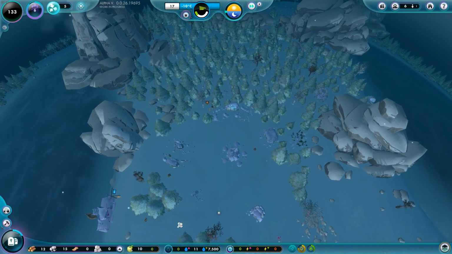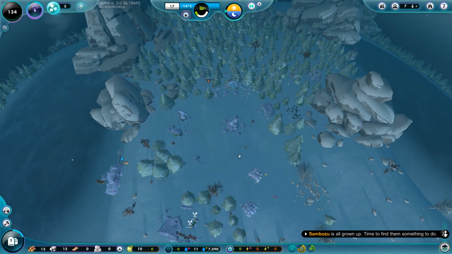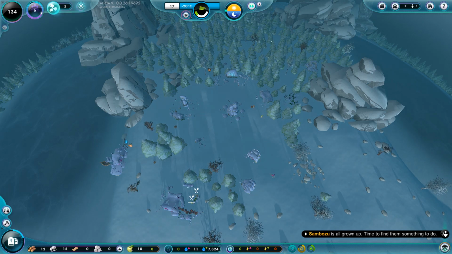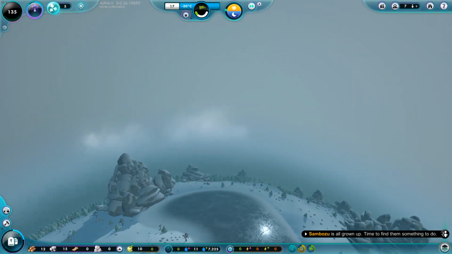I'm feeling confident, though. Water-wise, looks like we're doing all right. Looks like we're doing okay. We've used about 2,000 so far. And they're having a few babies, which is pretty good. 6 of the 7 of them believe in me, which is nice. And the sun's coming up, which should hopefully...